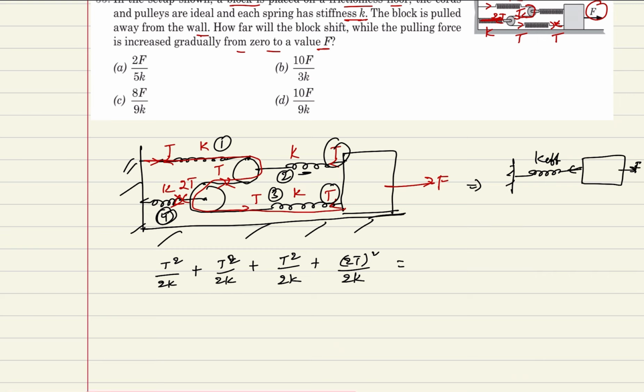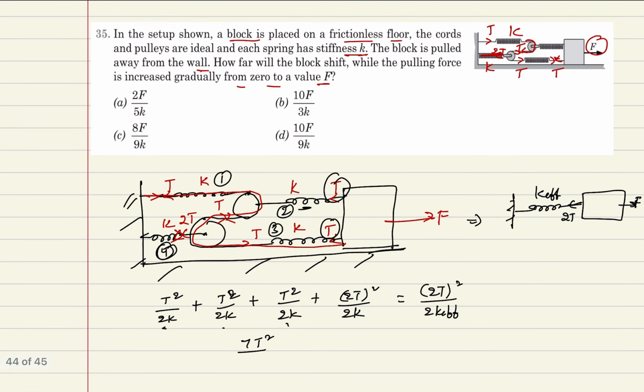The block is connected to this and the applied force is F. Here we can see 2T. Now I can write it as 2T square divided by 2 into K effective. Now T square by 2K, T square by 2K, T square by 2K and 4T square. So 4 plus 3, you will get 7T square divided by the, sorry,